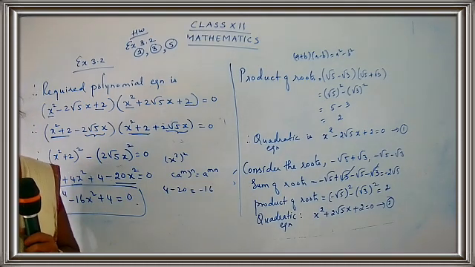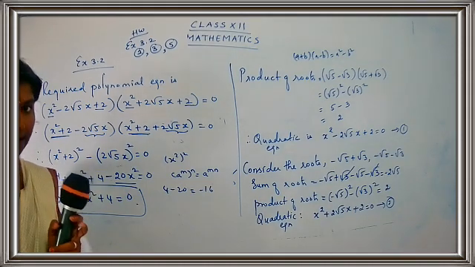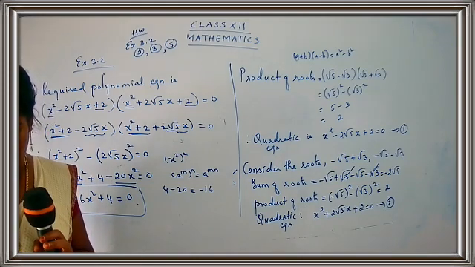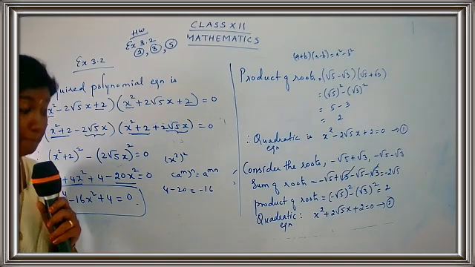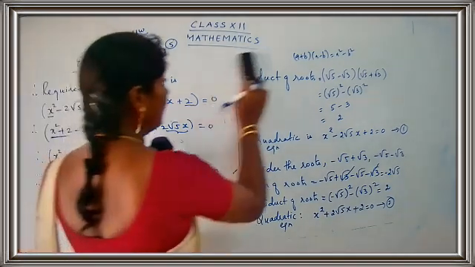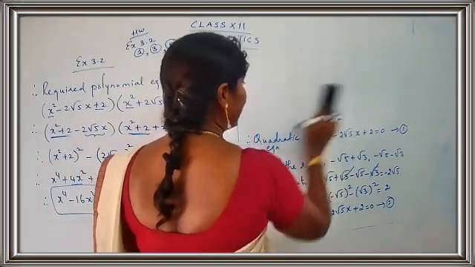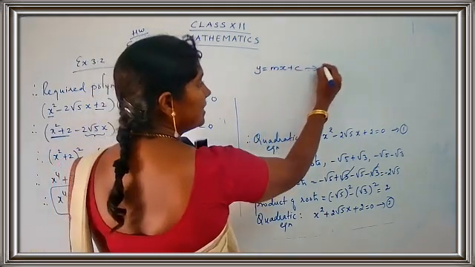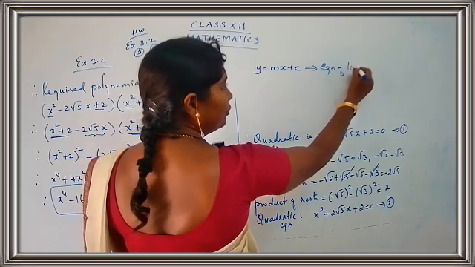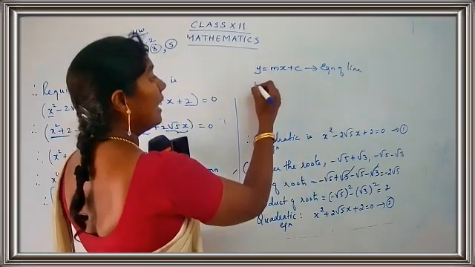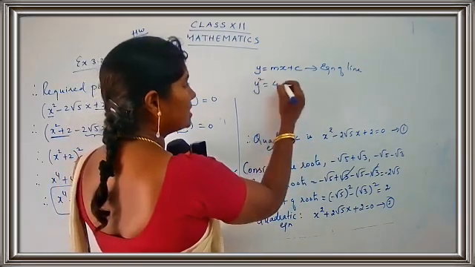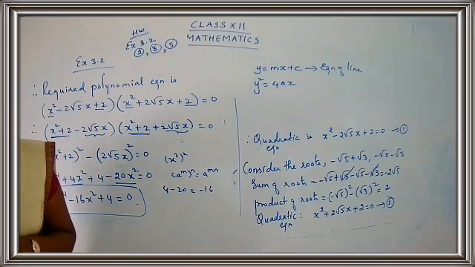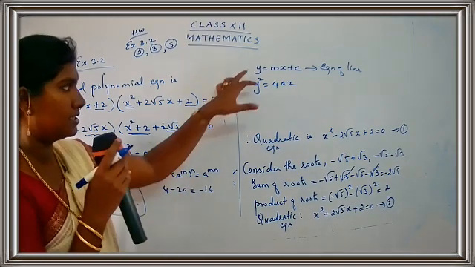So what are you going to do? You are going to write down the equation for a straight line and the equation for a parabola. Just see here, they have given you the equation for a straight line. What is the equation for a straight line? If you remember properly, we have already done it in 11th standard. It is y is equal to mx plus c. This is the equation of line. And for the equation of a parabola, you write down y square is equal to 4ax.